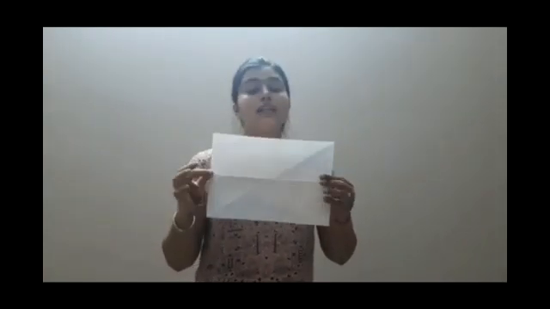Okay, now it's up to you. You can fold it horizontally also. Just check. Yes, again if I fold it horizontally, again it is overlapping completely. Okay students, so when I fold it, there are 2 lines. One is this vertical line and one is this horizontal line. Okay, and these lines are called lines of symmetry.